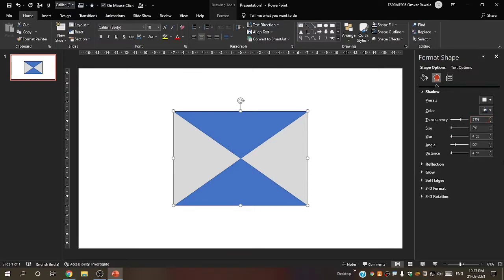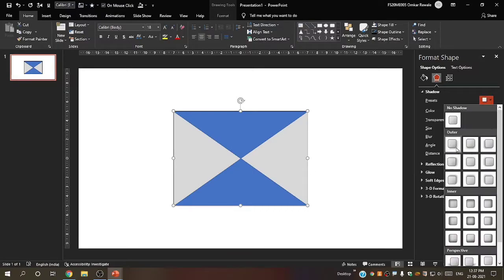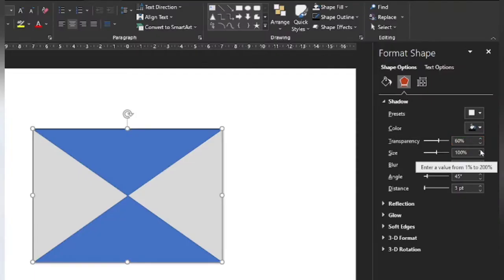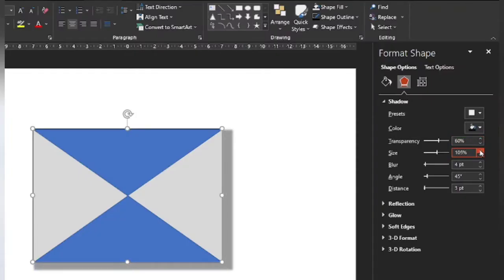Now in preset, let's select the very first, and in size let's increase some size. Okay, increase blur to 7 pt, and let us change the angle to somewhat 190, and distance 3.3 pt.